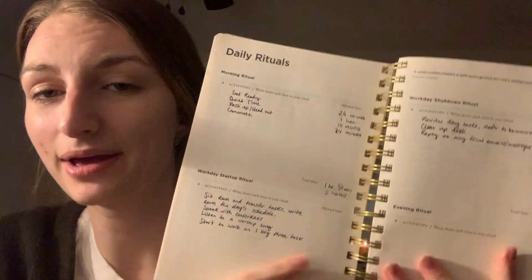And then once you get past the months, it's like the quarters are broken down into this. So I have some important dates listed, but also nothing too detailed here. I'm not really a big planner person, which is why this planner has been a really cool experience for me on how to use it and how to get the most out of it, because I'm not naturally a planner person. It kind of lays out things for me that I would have never thought about, like daily